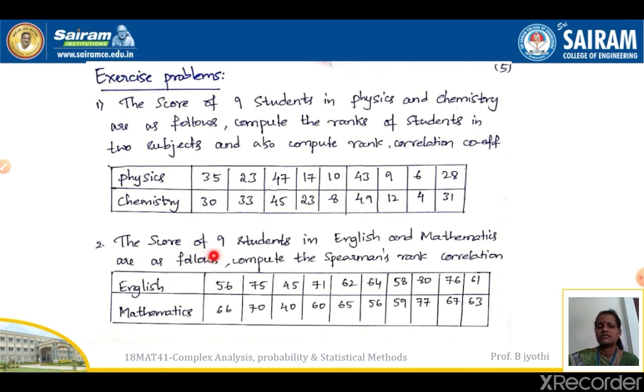The second question is, the scores of 9 students in English and mathematics are as follows. Compute the Spearman's rank correlation. Here also for English and mathematics, they have just given the marks. We need to calculate the rank, that is, the highest mark in English is 80, so for this it will be given rank 1. Whereas in maths the highest is, I think, 77, so for this the rank will be given as first, and in decreasing order it will be taken. So the rank of this and the rank of this will be given, and then Spearman's rank correlation will be calculated